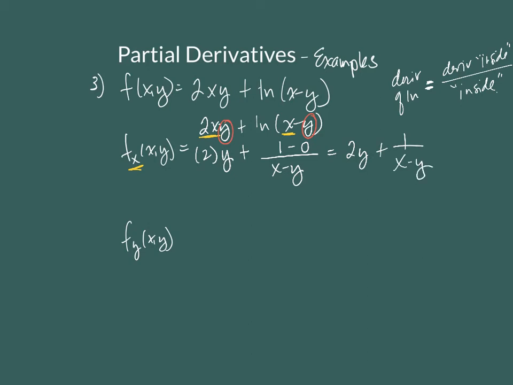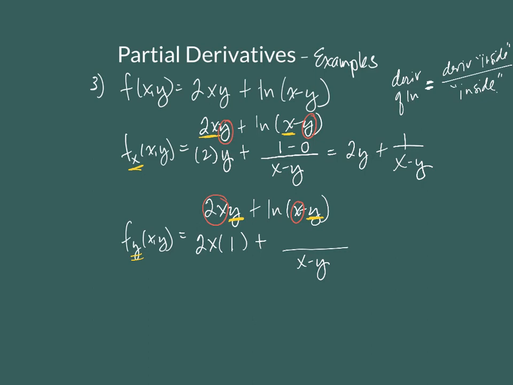All right, let's try the next one. 2xy plus ln of x minus y. Underline, we're dealing with just the variable y in this case, and then x and 2 are going to be constants. So constant multiple rule, we rewrite the constant times the derivative of the variable y with respect to y, which is 1, plus, same thing here, still a logarithm, so derivative of the inside over the inside. I'm going to write the inside in the denominator, and then take the derivative of the inside.